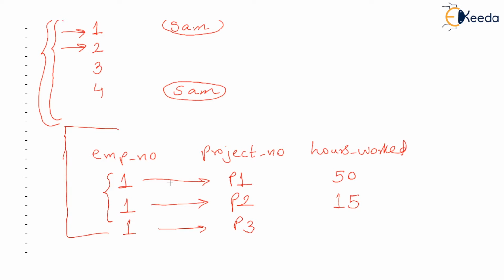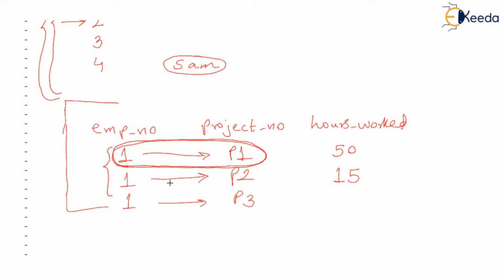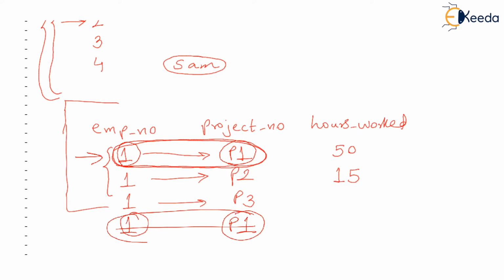But then what you observe here is that the combination of employee number and project number, just see this very, very patiently, should be unique. Why? Yes, it makes sense, isn't it? We have already recorded in our table that employee 1 works for project P1. Then we will not record this again, saying employee 1 works for project P1. It's senseless. We already have a row recorded. That means the values of employee number and project number taken together should be unique.